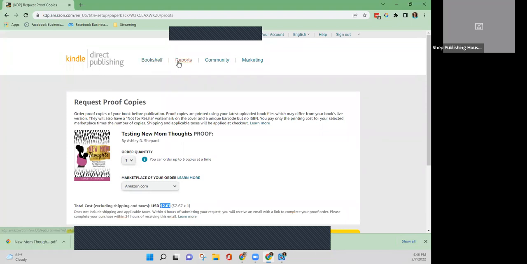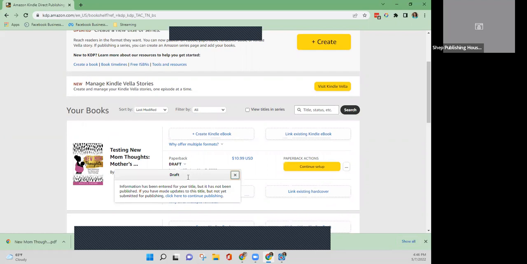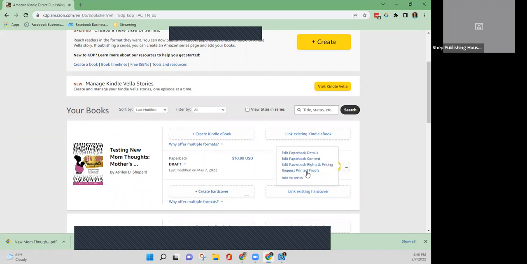So then another thing that you can see while you're waiting, once you've submitted that, your book will now show up on this first page. So I did the testing one, it'll show up here. And it'll kind of let you know what stage it's in. So it's in draft. That means everything's not ready just yet. You would still be able to order proof copies. That way, let's say you set it up and you wanted to come back later, you can always come back and do that. You can still edit your contents